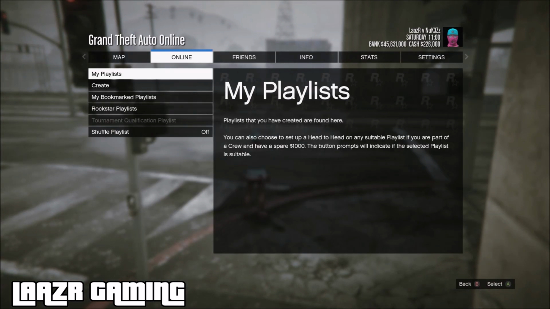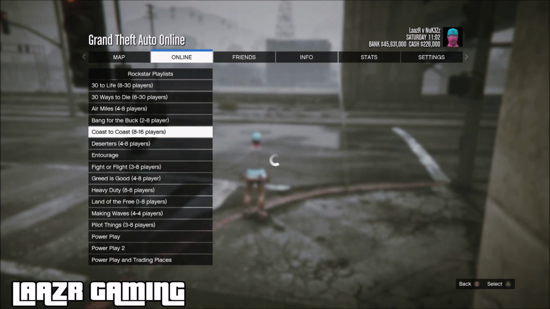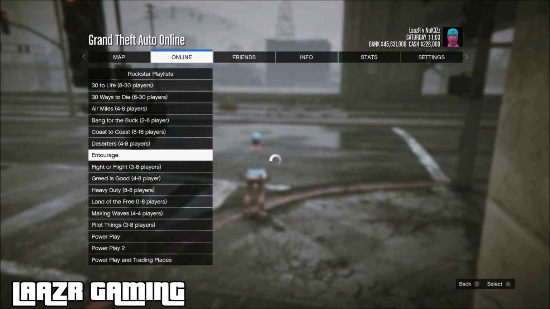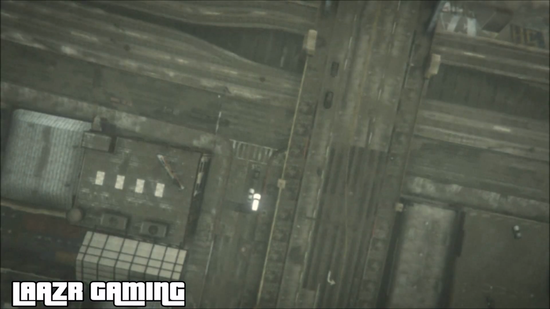You want to press start, go across to online, go down to playlists, then go down to Rockstar Created, and start the brand new playlist called ENTOURAGE. You can see there are literally only 3 maps in this playlist. It goes very quickly. I do want to emphasize that the 126k plus the 20k RP you saw right at the